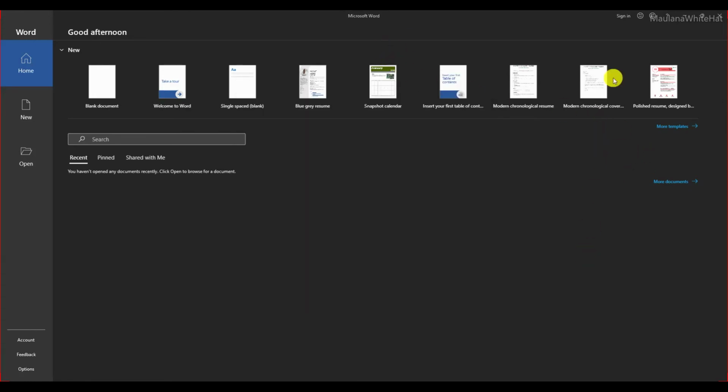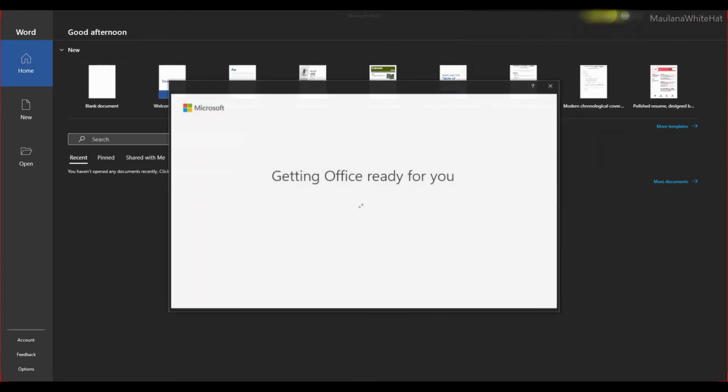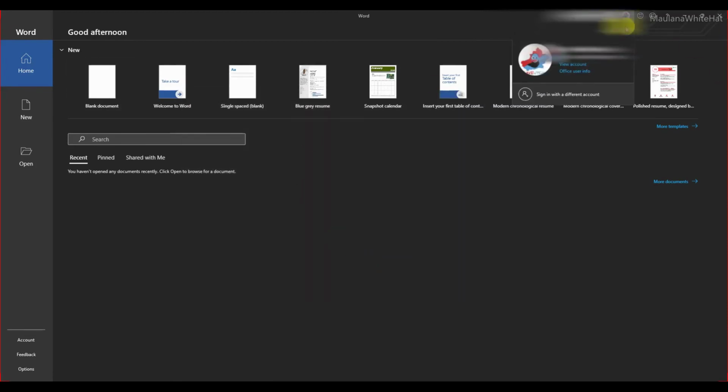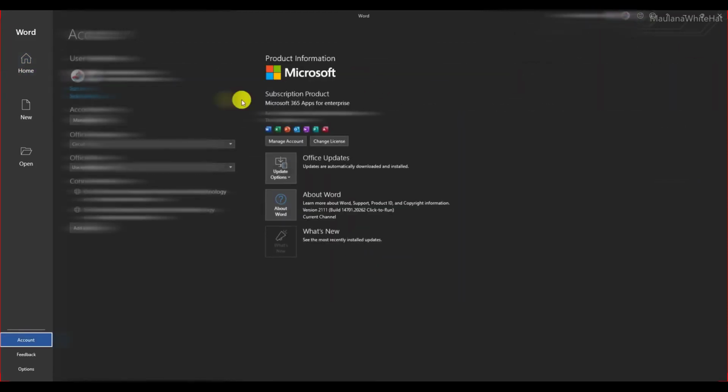As you can see up here, in a couple of seconds now, it's good. As you can see, I've clicked up there. Now it's saying it's getting Office ready for me. They're going to add some more cool stuff. Maybe not. You never know about the Microsoft guys or girls. Then it's going to say you have to accept the license agreement, or otherwise you can't use the software. So obviously I'm going to accept it, and then when I click up here to see my Office info, it's going to show my license info. It's going to show me what kind of license I have.